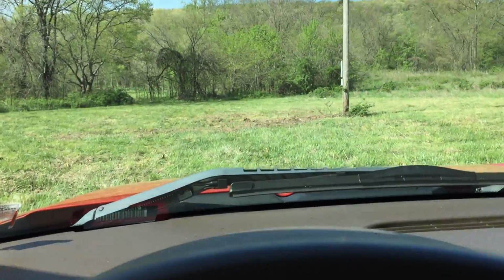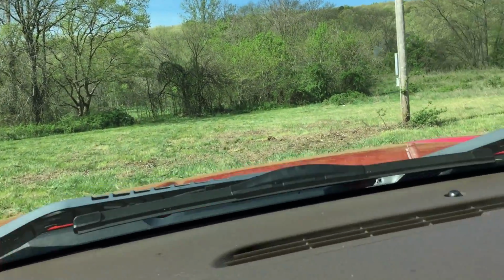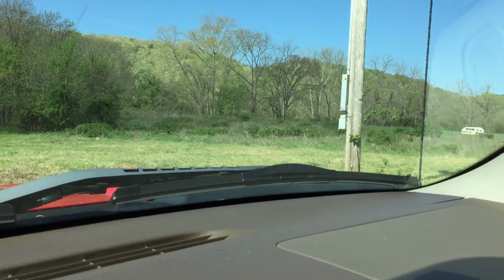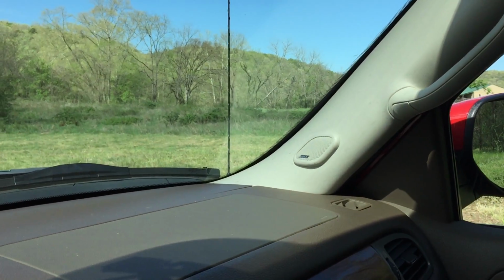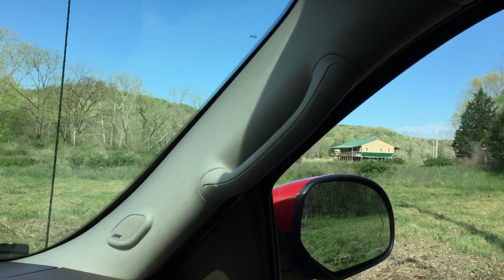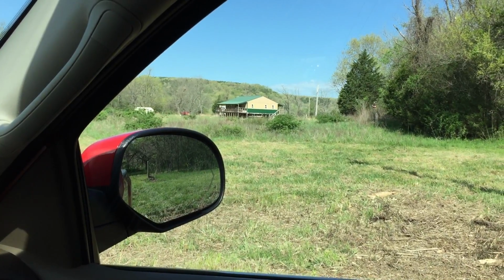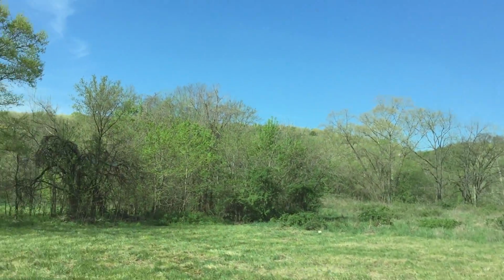So obviously it's gated, nice and private. There's a power pole right there with the meter base. So it's set to go. I think there's even an RV plug-in on that deal. And if you look across, you'll see there's a neighbor over there. He built his house about 2 years ago, and